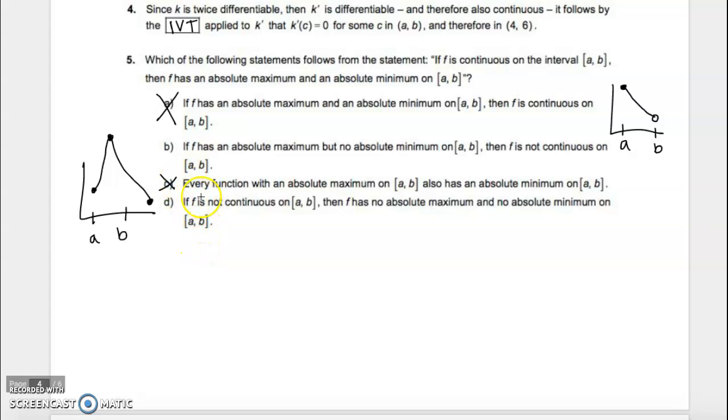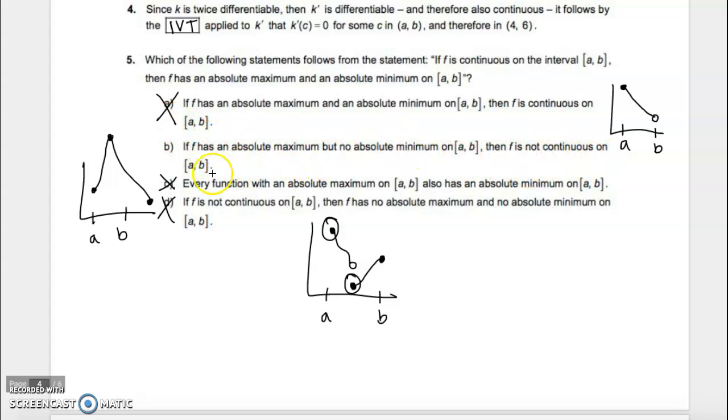And then if f is not continuous on a to b, then f has no absolute maximum and no absolute minimum. Well, we already kind of showed that in the first example for the graph, right? I said here's a, here's b. I have a not continuous function that does this, and it comes down, and then it hops down here, and then it comes up, and then it hops right here, right? If f is not continuous, then it has no absolute maximum. This absolutely has a max and a min. All right, so then going back to b, if f has an absolute maximum but no absolute minimum,